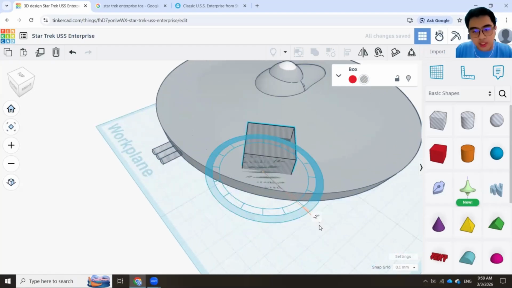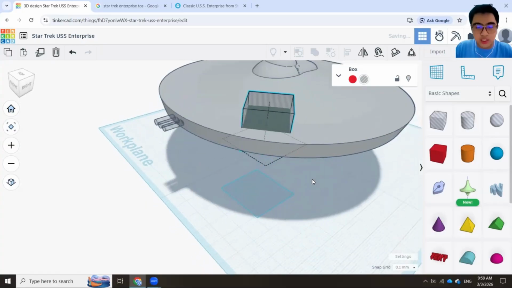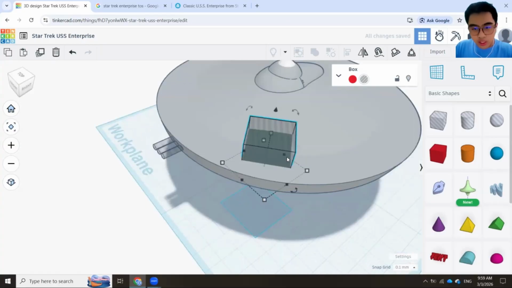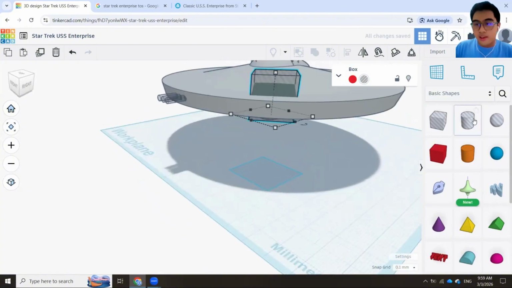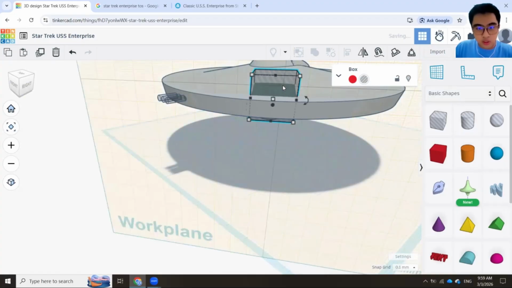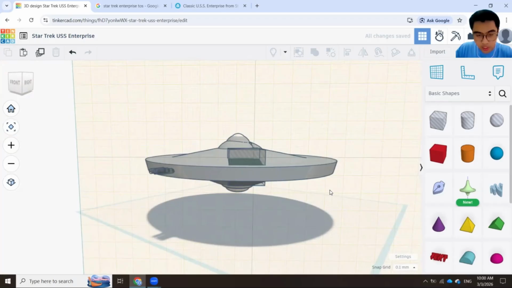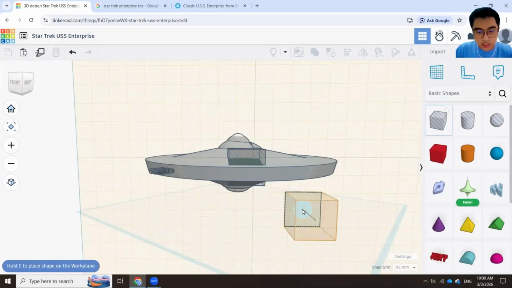So one of the things that I learned is that you can just simply take a box, drag it over here at your desired place that you want to put the hole, okay, and then you go to here, workbench tool, and place it on top, place it in front of the box, and there you have it. You can now easily put in details at the side of here.